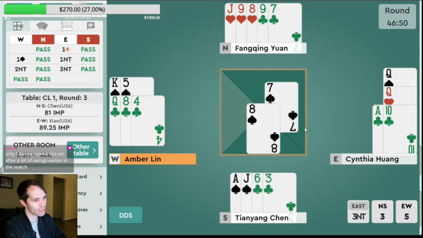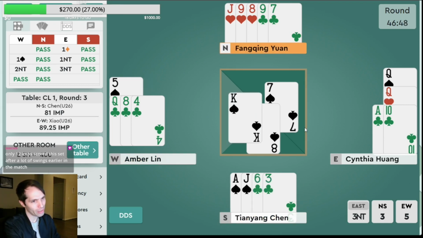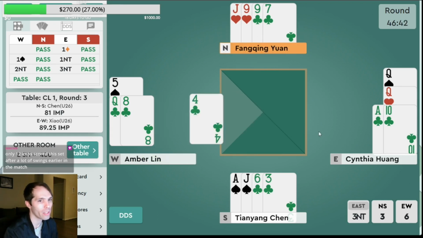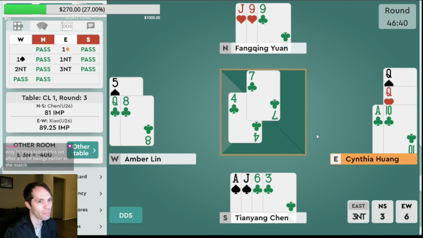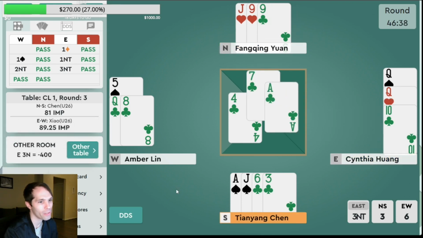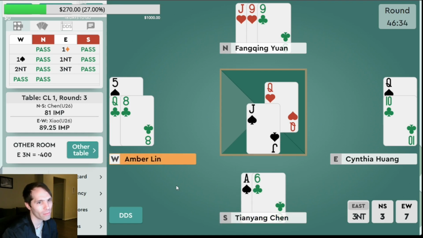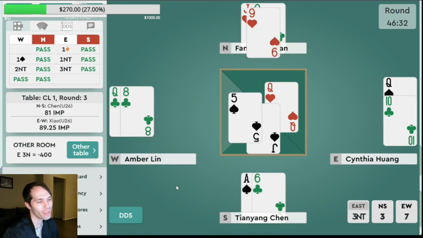Twelve scored this set so far, yeah, and we're 7 boards in. This is board 37, so we're about halfway through. Ooh, this is gonna result in an overtrick, isn't it? Club to the ace, queen of hearts, squeezing South. Kind of. Clubs are splitting, but